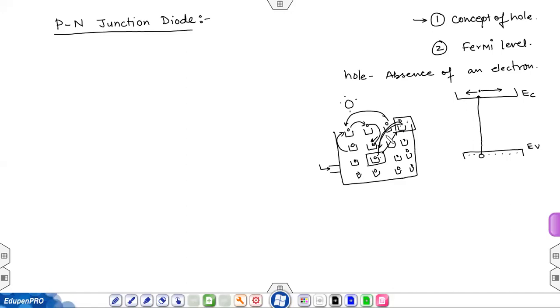So what does it mean? It means in the valence band, since there are so many electrons and they are the same in size, shape, and weight, it's very difficult to find out the motion of each and every electron. However, it's very easy to find the movement of the whole. Where was the empty state, and now where is the empty state?